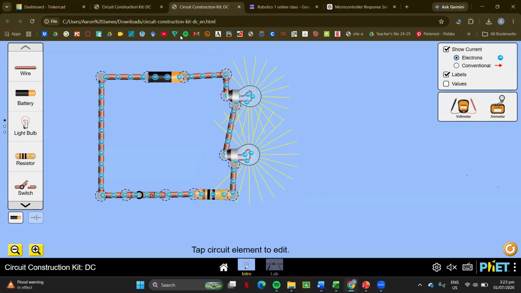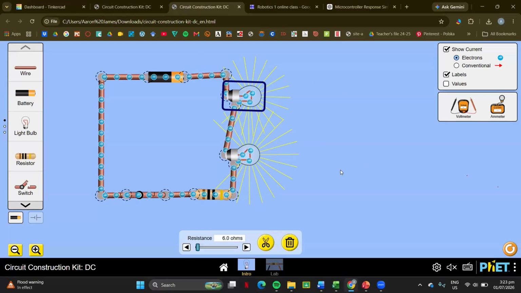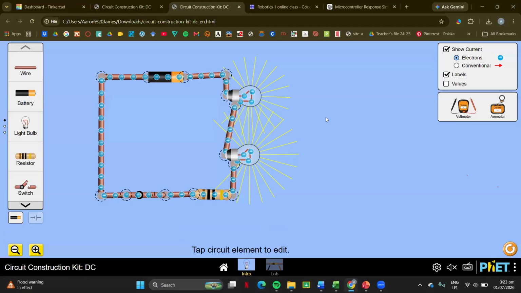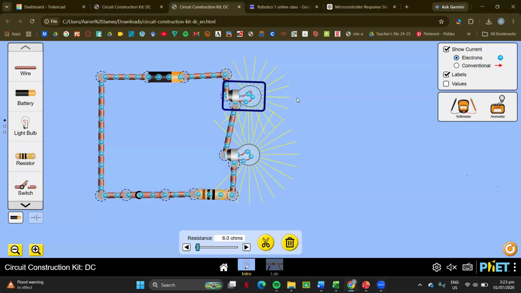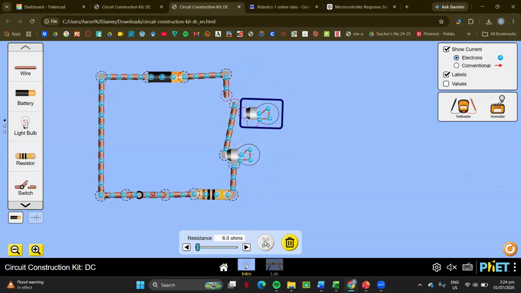So in a series circuit, what happens if one of my light bulbs gets busted, or the filament gets damaged? What do you think would happen with light bulb number 2? Yes, Sam. The other bulb will also not work if one bulb doesn't work. Okay, something like this, right?